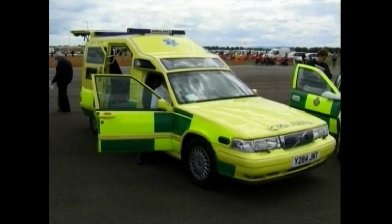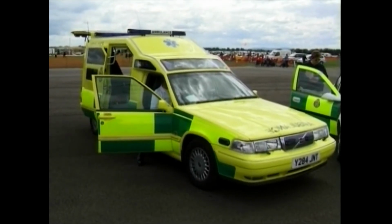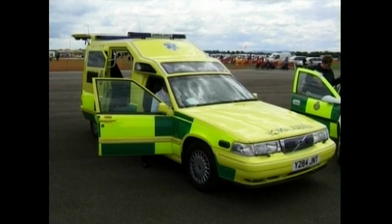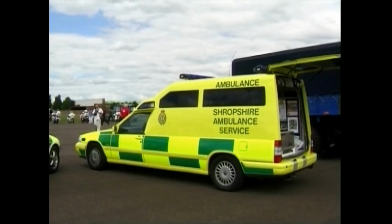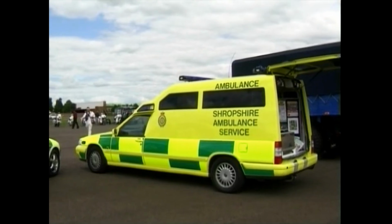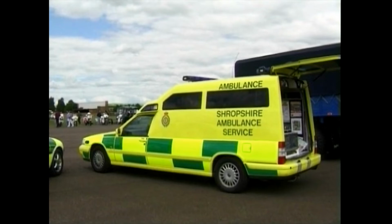Joining me now is Steve Parry. Steve, what can you tell us about this state-of-the-art vehicle? Well, this is new to Shropshire Ambulance Service. We have 6 of these Volvo fast response ambulances. A slight departure from our normal vehicles, the conventional ambulance, which is rather big, tall, and seen on the streets for many years. This is a radical departure, and we're happy to have acquired 6 of these vehicles in the